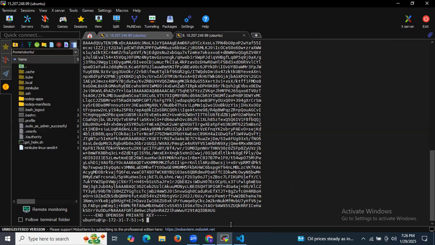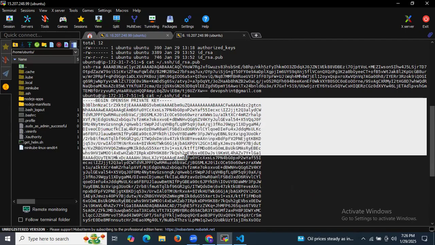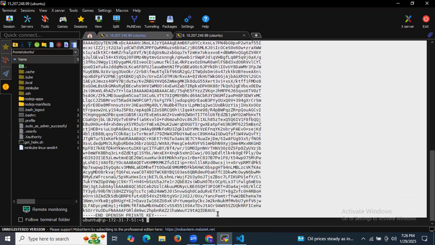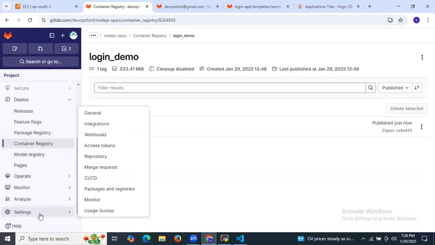So as you can see, our private key begins from here. Let's begin with OPENSSH PRIVATE KEY and ends here. Okay, let's copy the private key and go to this NodeJS app, and now go to settings, CI/CD,